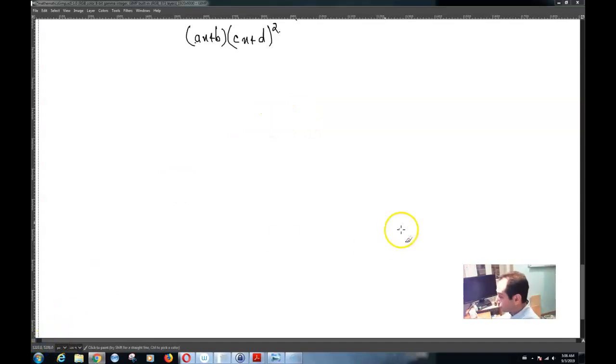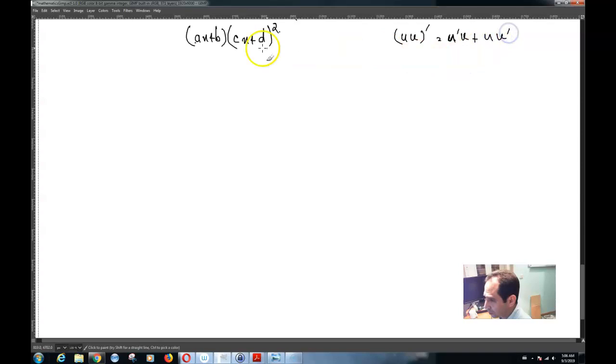Okay, so now in order to take the derivative of this function, what you can do is that, based on the Leibniz product rule, you know that u times v whole prime is equal to u prime times v plus u v prime. So then d by dx